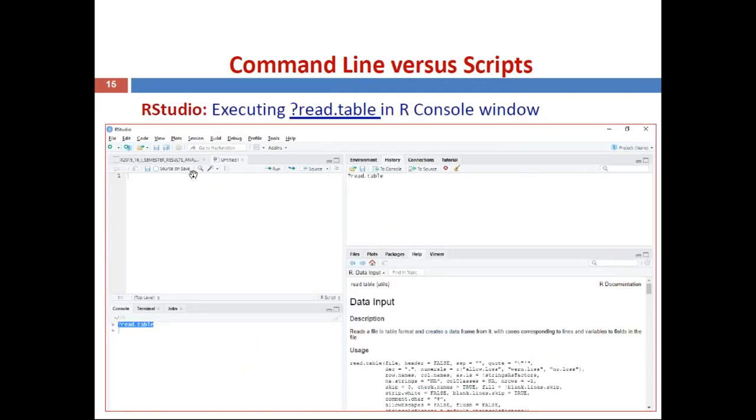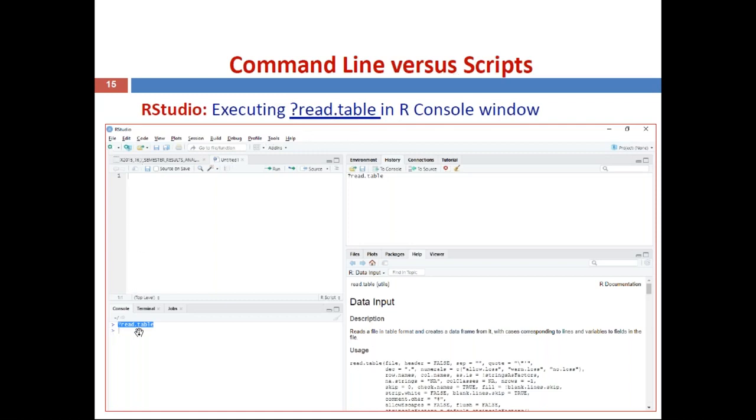Then in RStudio, if you want to read a table in the R console window, in R software we have already seen this command. To know the description about read.table, you use question mark read.table in the R console window.